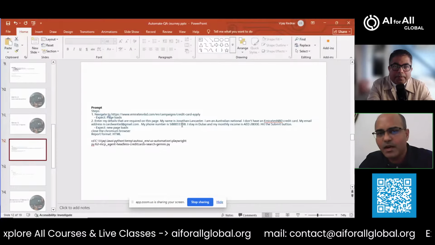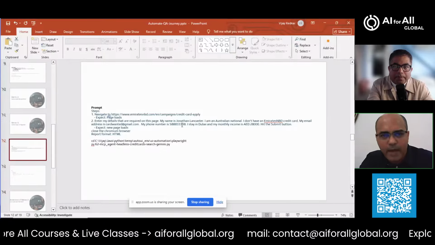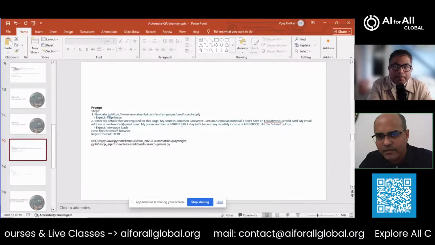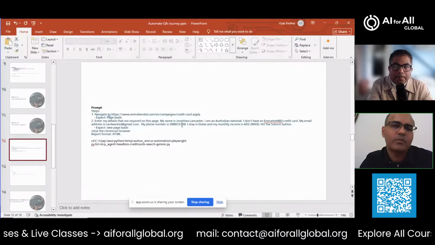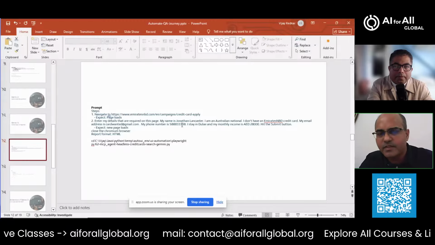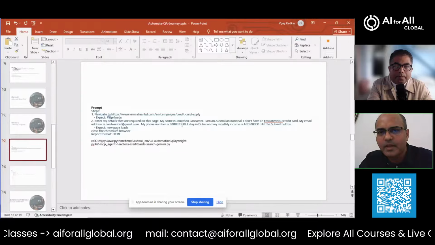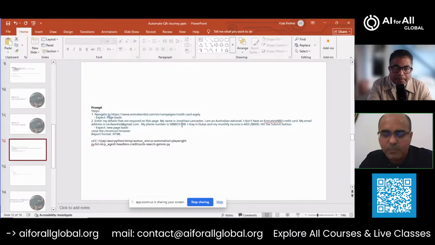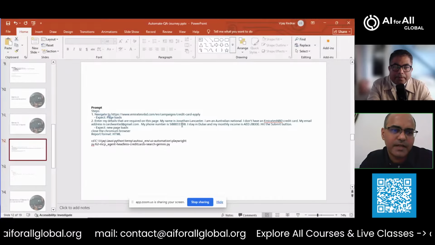Okay, so imagine now, we just talked about one bank. This same approach can be used for anything. It's such a generic approach that we have here. It could be used for Bank of America, it could be for some other bank. So what we are doing here is with the approach of MCP, we are able to make this approach so much more flexible and so much more efficient.